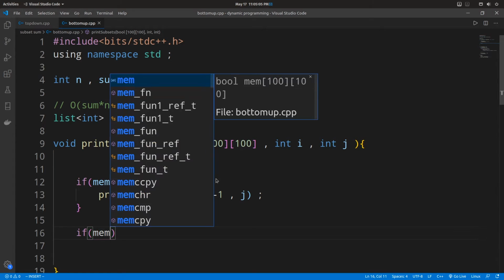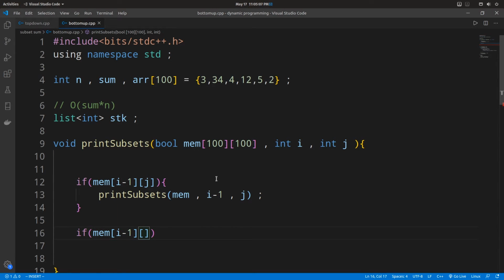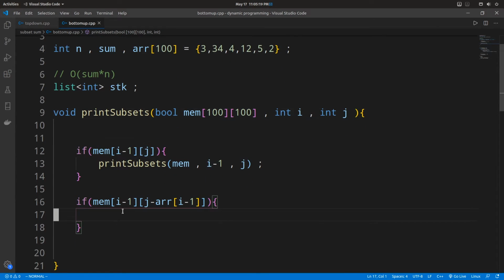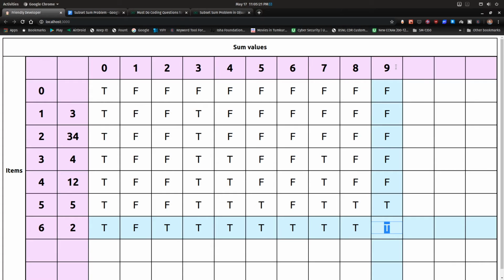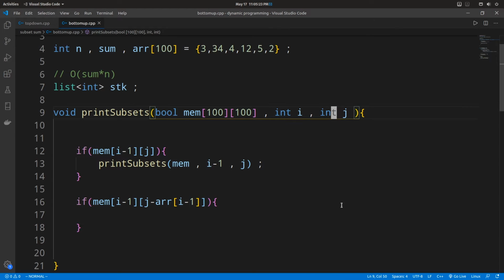Also we need to check by including, was there a subset? Okay, by including the current element. When we include the current element, we decrease the sum. Okay, we decrease the second dimension or the j. Here by the way j represents the sum values. So when we include, we call the same, but we move to the previous column.